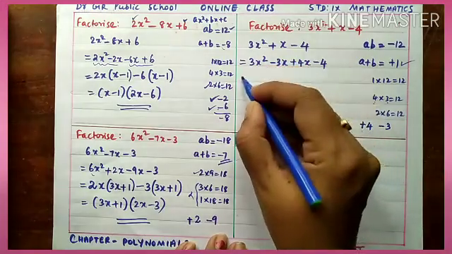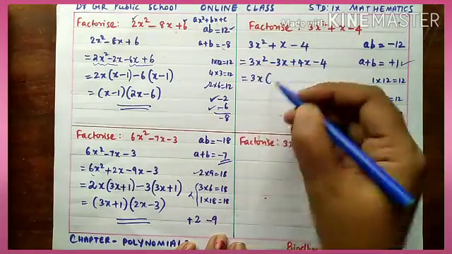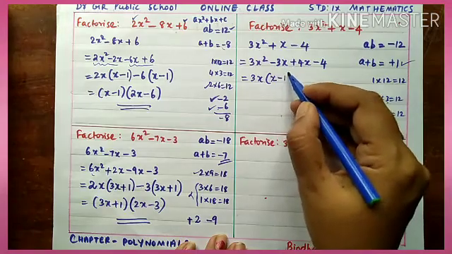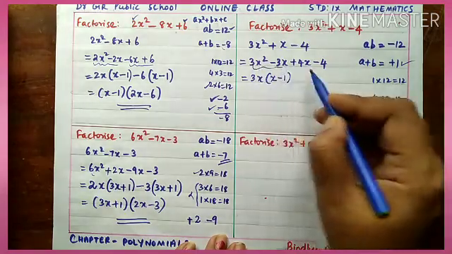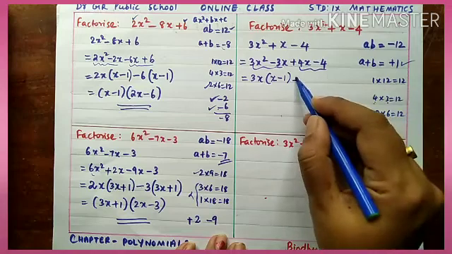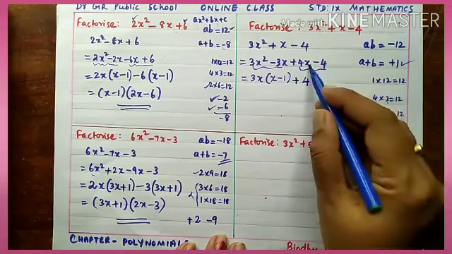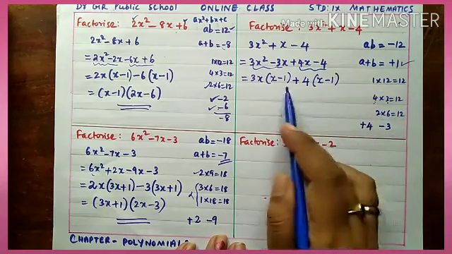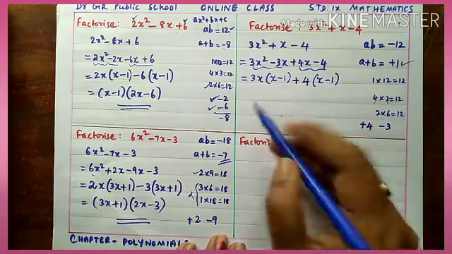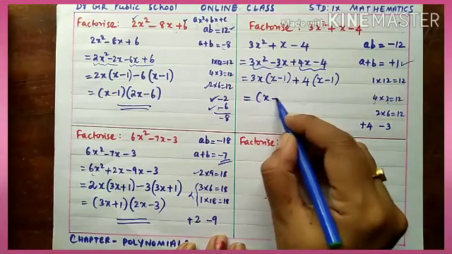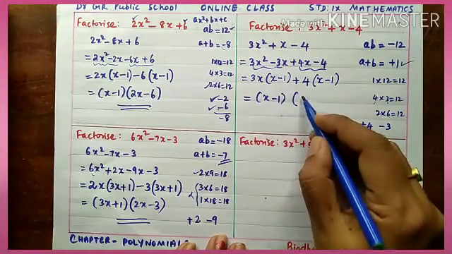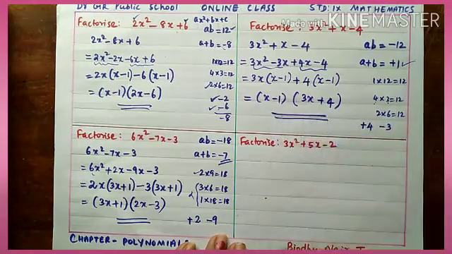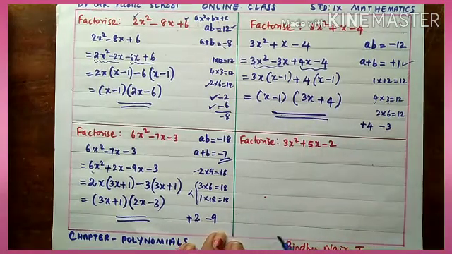Now you see we can take 3 and x common, so that here x is remaining and here minus 1. Okay, these two terms. Now from the next two terms, 4 can be taken out, so the balance is x and minus 1. Now you see the two brackets again came alike. So x minus 1 is again common, and the remaining term is 3x plus 4. So these are the required factors of the given polynomial.